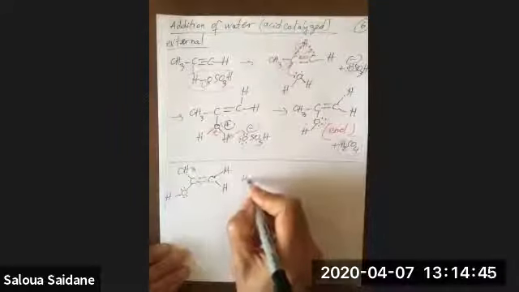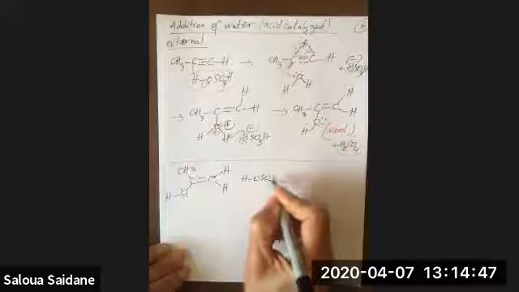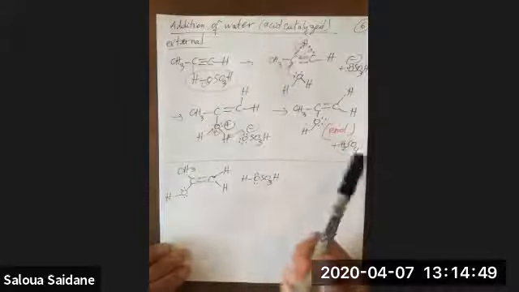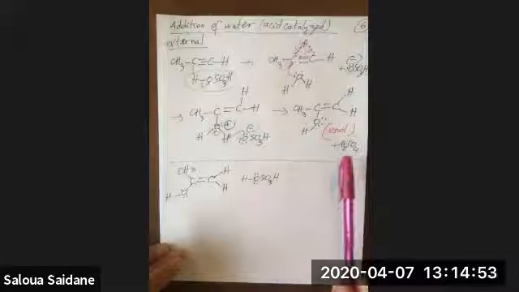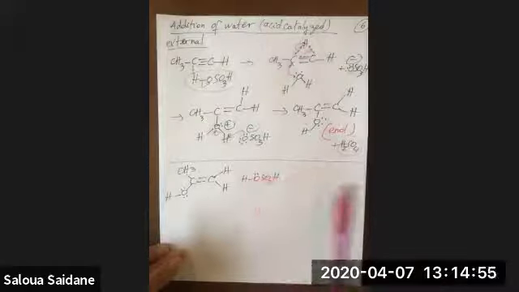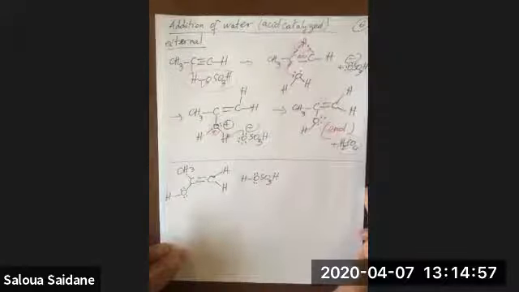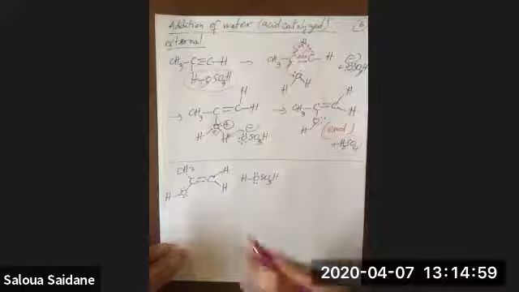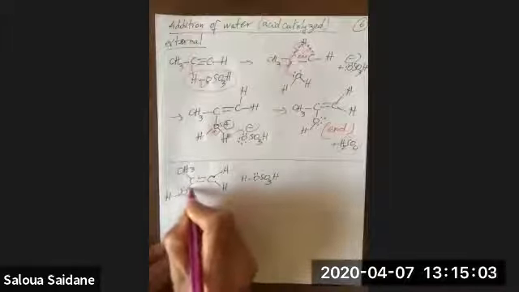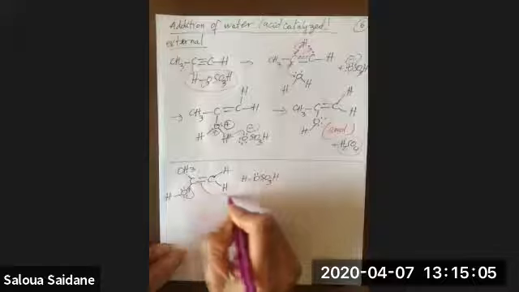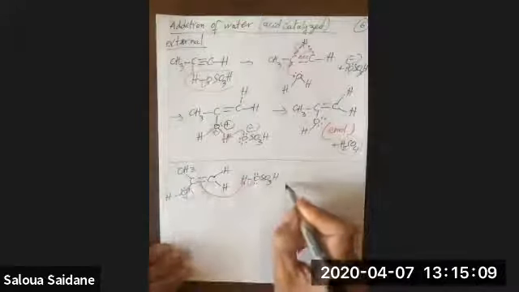So we have HOSO3H. Your book might use H3O plus. It doesn't matter whether you use the sulfuric acid or you put H3O plus. You know from the previous class that sulfuric acid in water will give H3O plus. So here's what is interesting. This goes down here and this takes the H. So we end up with this